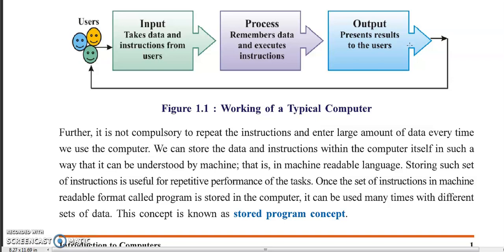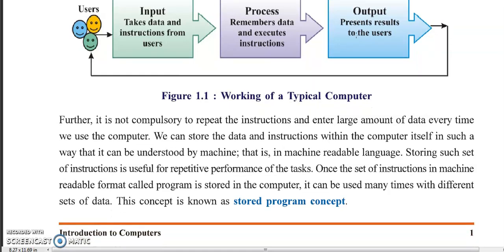Computer is an electronic machine which works on data and gives us information. The user is the one who uses the computer. If you are able to see this diagram, see figure 1.1: input, process and output. In the last session I already showed you the picture of a computer, how we can enter the input, how data will be processed in the CPU, and how we are able to see output on the monitor.